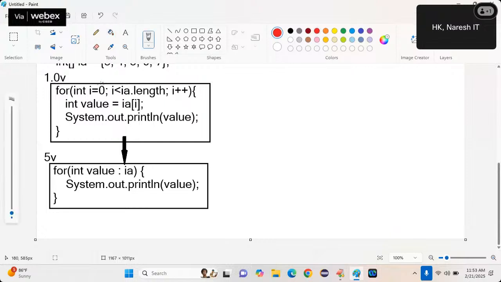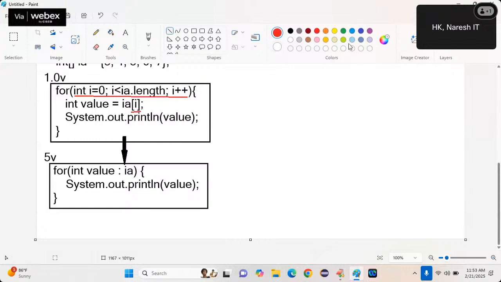I should write, you should write, everyone should write, start from where now? int i, right? And everyone should write a condition what now? Everyone should write int i equal to 0. And next, I should write condition what now? i less than length, i plus plus. Okay. And next, this square bracket i. This much portion every developer should write. I should write, you should write, everyone should write.